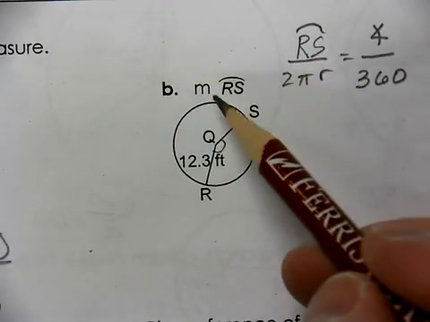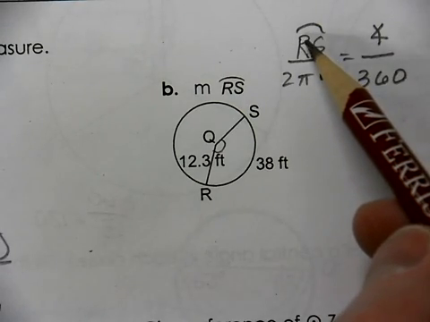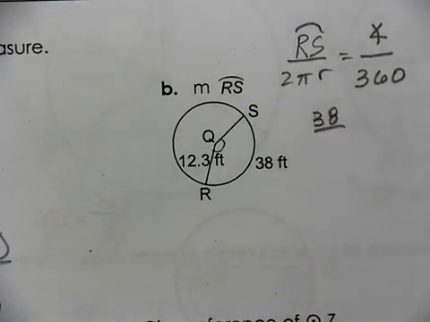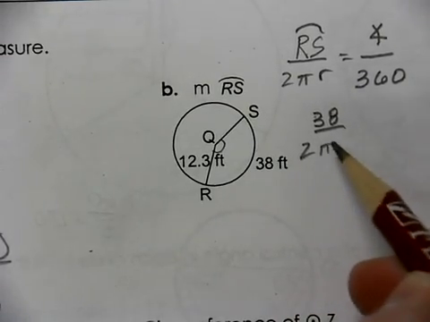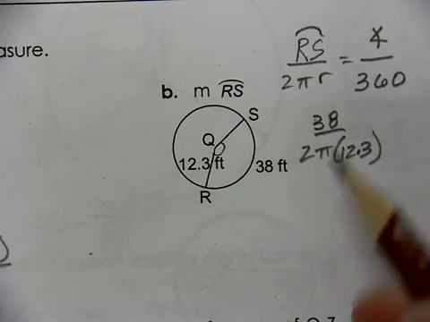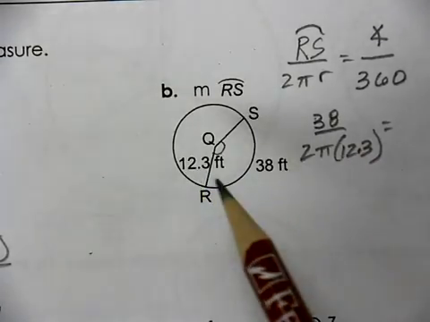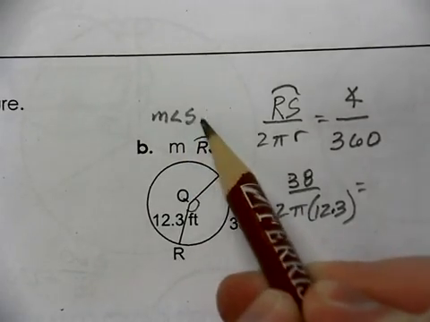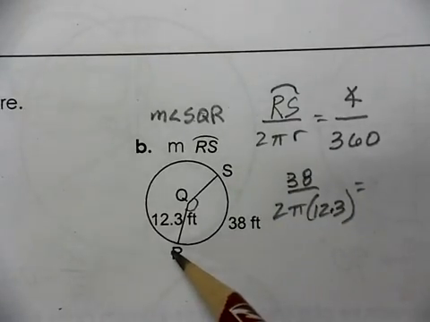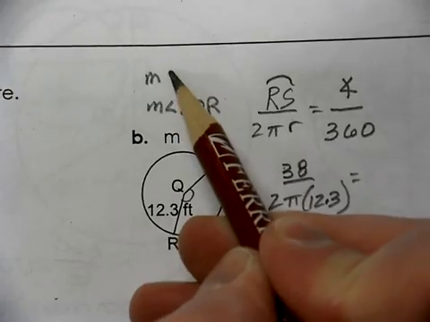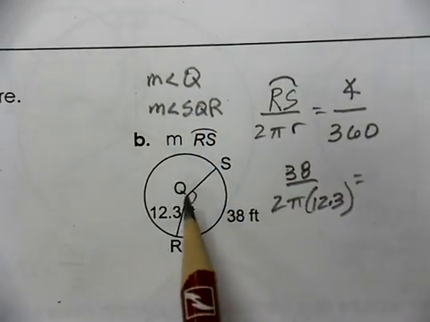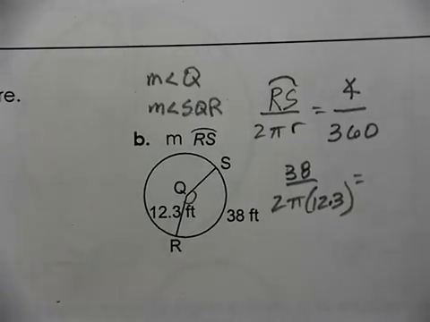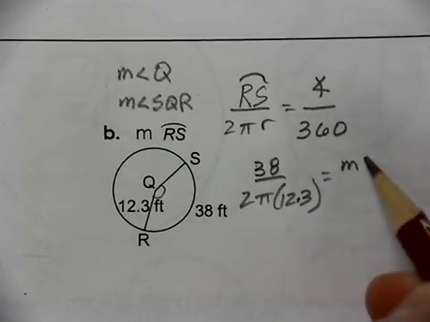Well, we're looking for the length. The length of RS is 38. The circumference is 2 pi times 12.3. The angle, now there's different ways that we could name this angle. We could name it the measurement of angle SQR. You could use measure of angle RQS. You could also name it the measure of angle Q, because there's only one angle that sits in here at point Q that's less than 180 degrees. So we could use one letter for that. So the measurement of angle Q